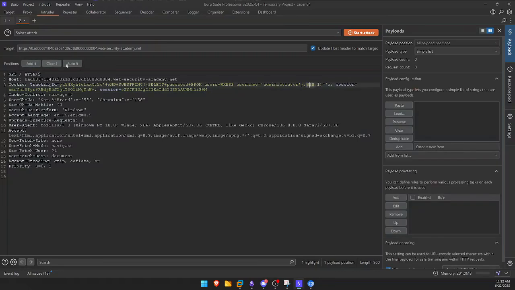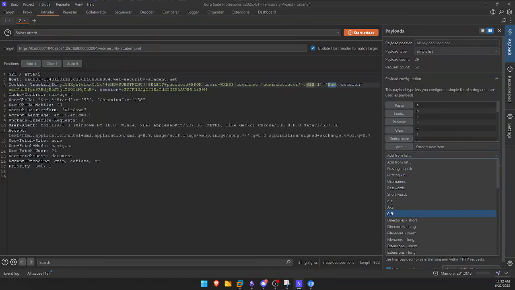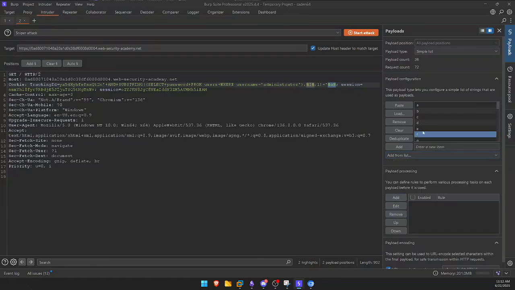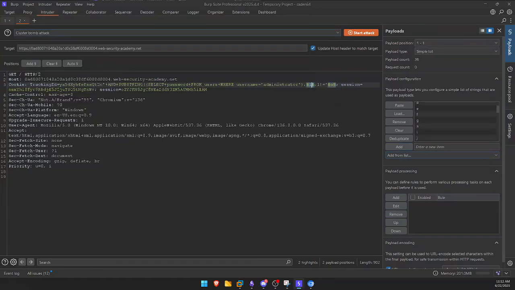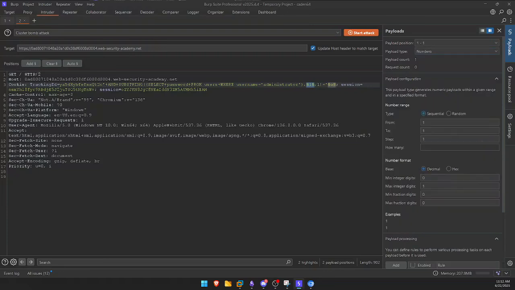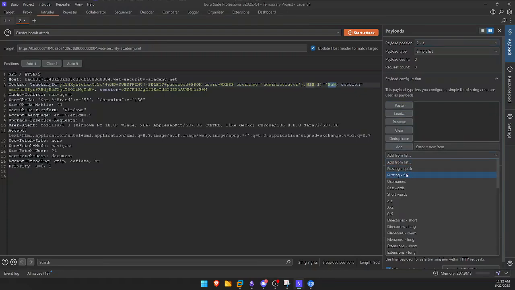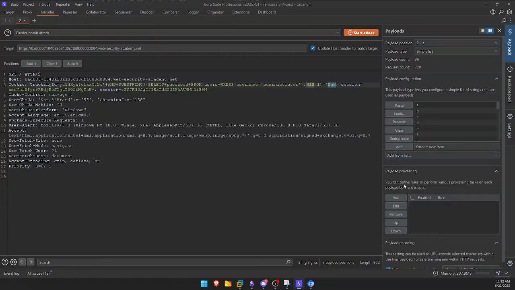And again, these characters are kind of like virtual characters in Burp Suite. In Pro, you can add from list. So there's the lowercase characters, and the numbers, all just done there. Cluster bomb. Oh, I need to clear these because that's wrong. This one's going to be numbers 1 to 20, and position 2 is going to be A to Z and 0 through 9. If I start the attack,